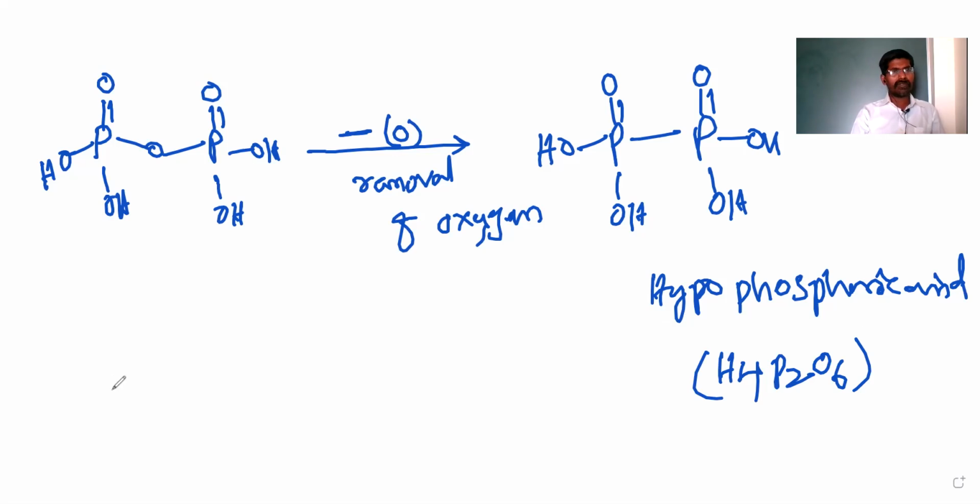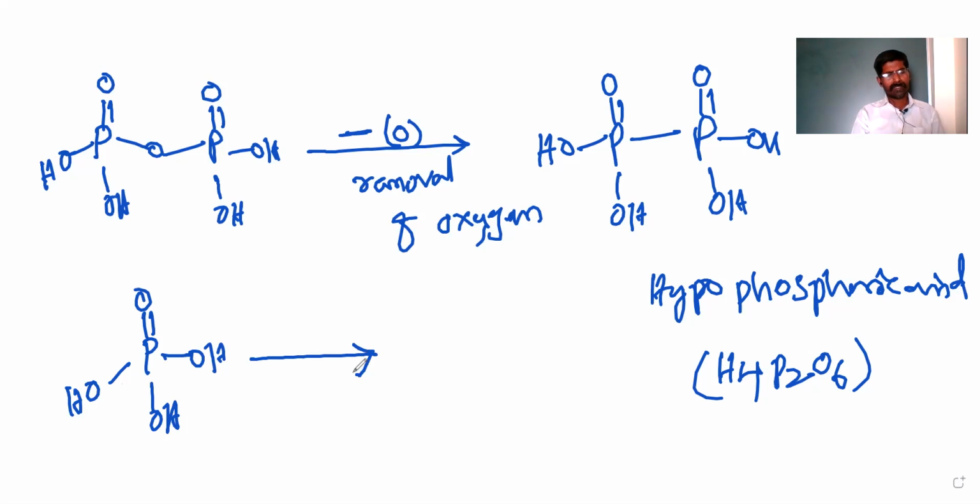But again I have to take the same monomer. Now that is the orthophosphoric acid. By using the orthophosphoric acid, you have to prepare one more molecule. So this is P double bond O. Now here OH group, and again OH group, and this one is the OH group. Now from this molecule, is it clear now? From this molecule, simply you have to add one oxygen atom. So that is the addition of oxygen. Then we should get this type of compound.